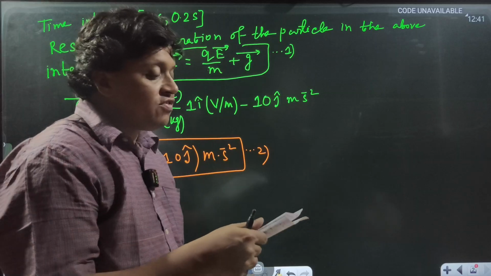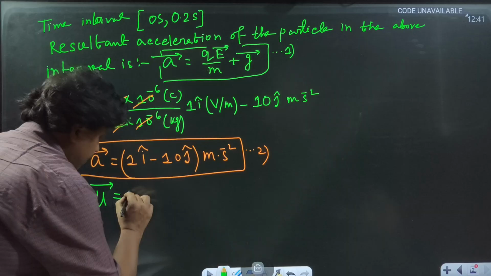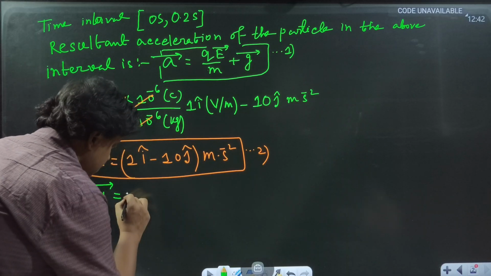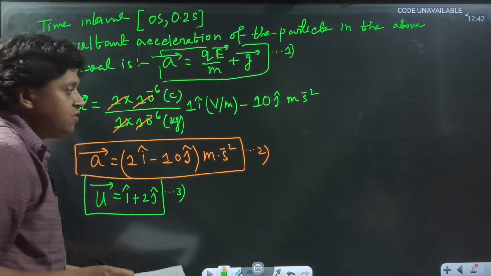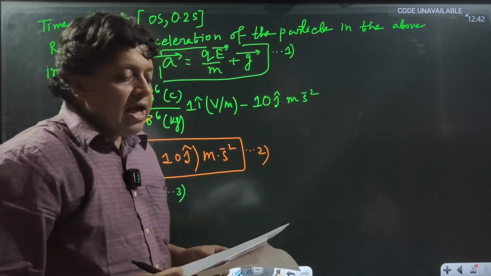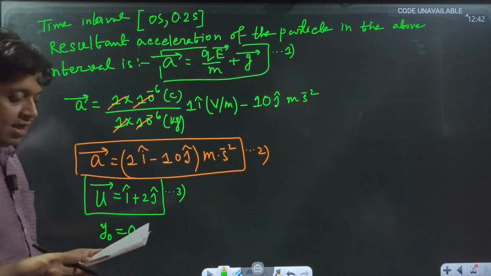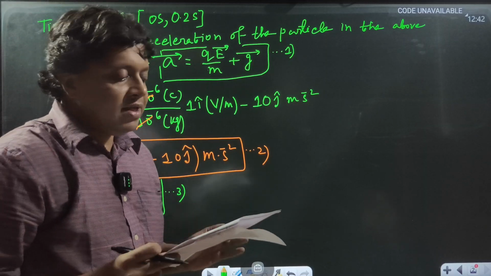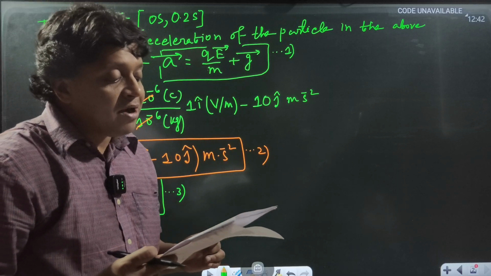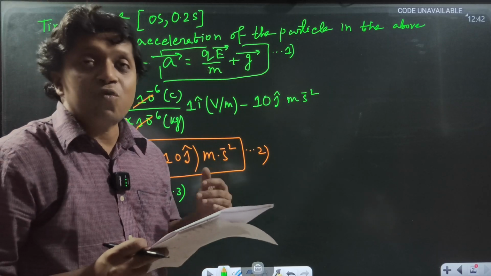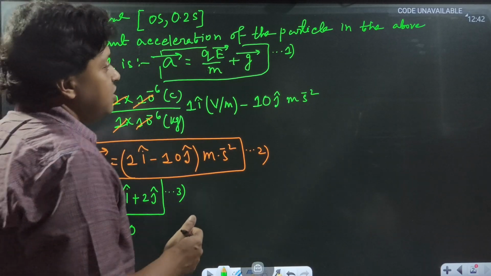The initial velocity of the charged particle is given to be, this is our equation number 3, and the vertical position of the particle is y naught equal to 0. It is not directly given. How do we know about it then? Because it is clearly mentioned in the problem. Please read the problem statement very carefully. It is clearly given in the problem that the particle is projected from the xz plane. So its y coordinate at t equal to 0 should be 0. That is why we have written that y naught equal to 0. So velocity of the particle